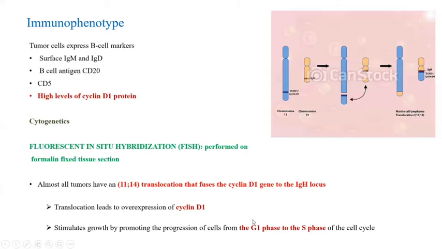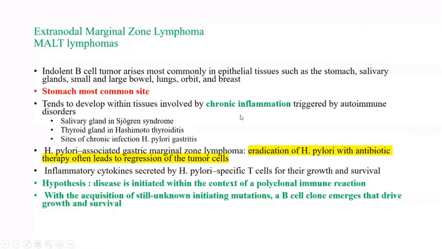Coming to marginal zone lymphoma, it is also known as MALT lymphoma. It is predominantly extranodal, and the stomach is the most common site of involvement, and it develops from mature B cells. The most common etiology is chronic inflammation, and then after long-standing chronic inflammation, there will be clonal selection. Some clones of the B cell become neoplastic, and they develop into marginal zone lymphoma. So what are the conditions which precede marginal zone lymphoma?